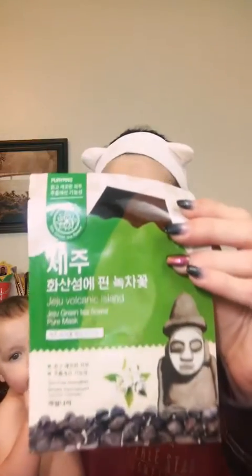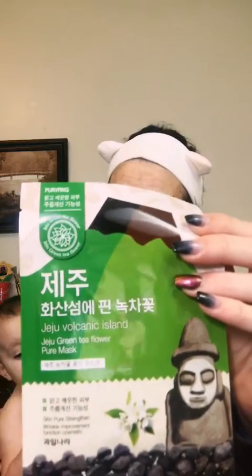Then we've got this green one. Okay, same brand. Welkos Jeju Green Tea. So green tea helps. Green tea is actually good to like,